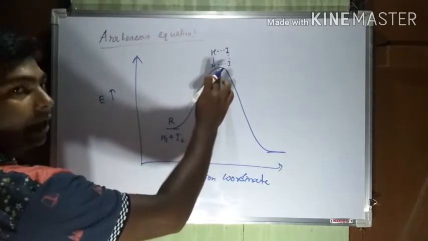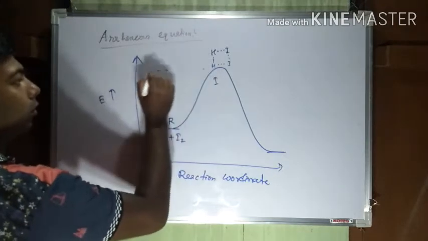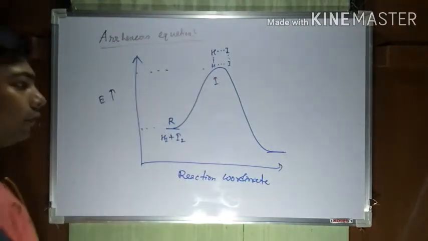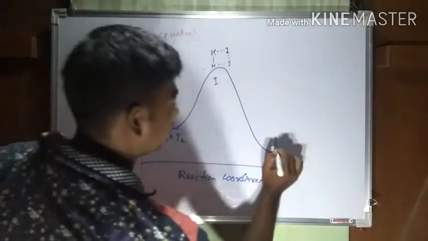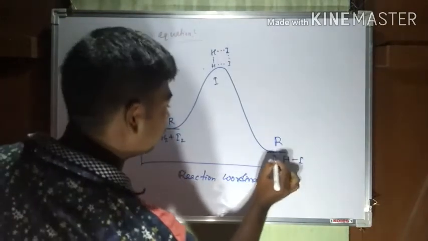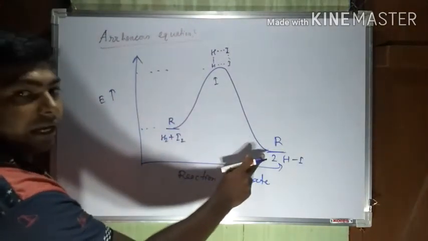See, this one has very high energy. But if we look clearly, the product, which is HI, two molecules of HI, has lower energy than